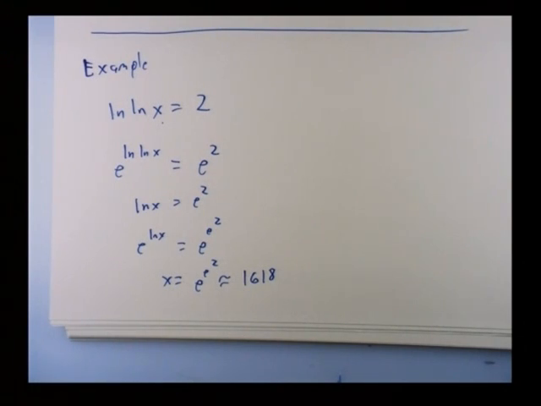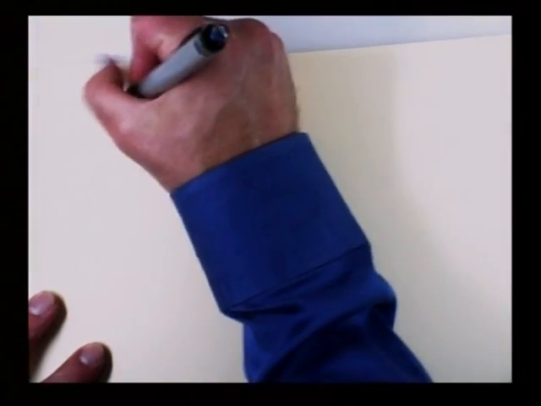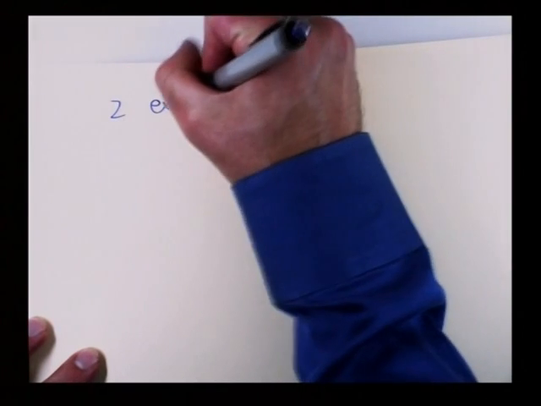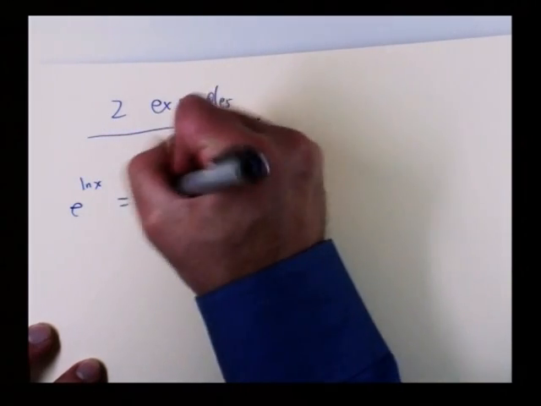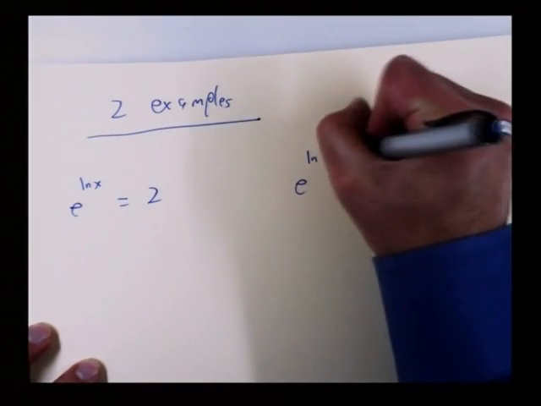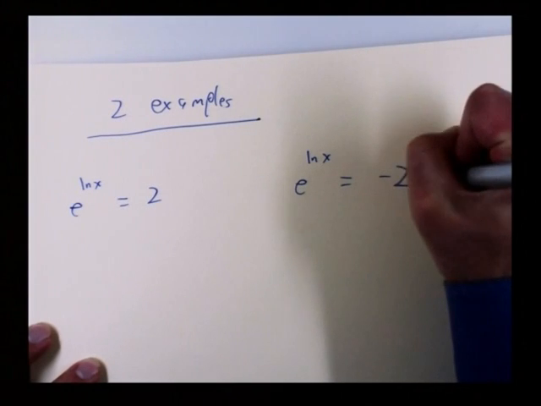This is a function that grows very, very slowly, yet it is a function. It's a nice function, and it's fun. So play with it. Let's now try two problems that look easy. Now that we're getting good at this, two related examples: e to the natural log of x equals 2, and e to the natural log of x equals negative